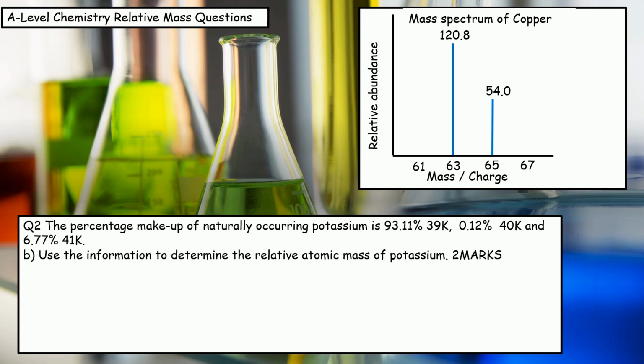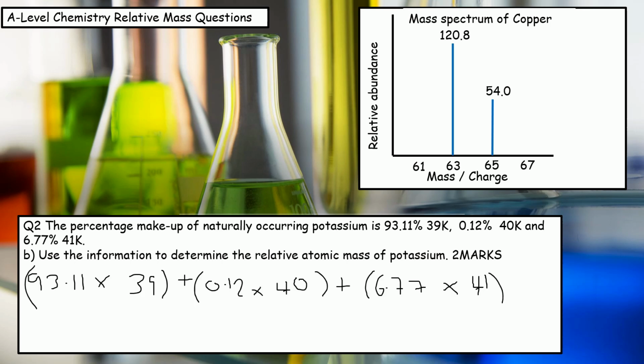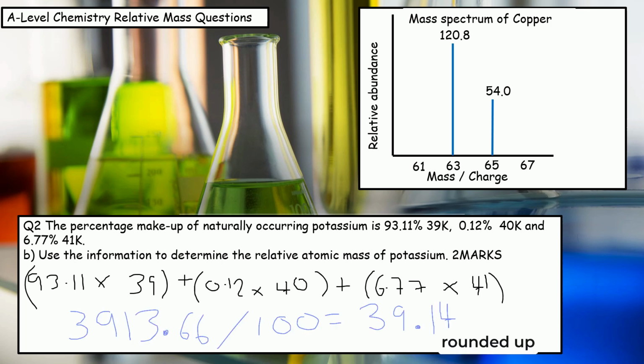And for the final question, we're looking at the RAM of potassium based on the data above here. So once again, take the abundance of each isotope, multiply it by the mass, add it together, and then divide by the total abundance. In this case, the total abundance is 100. Once again, this was for 2 marks, so you get 1 mark for coming up with 3,913.66 and a final mark for coming out with the correctly rounded answer of